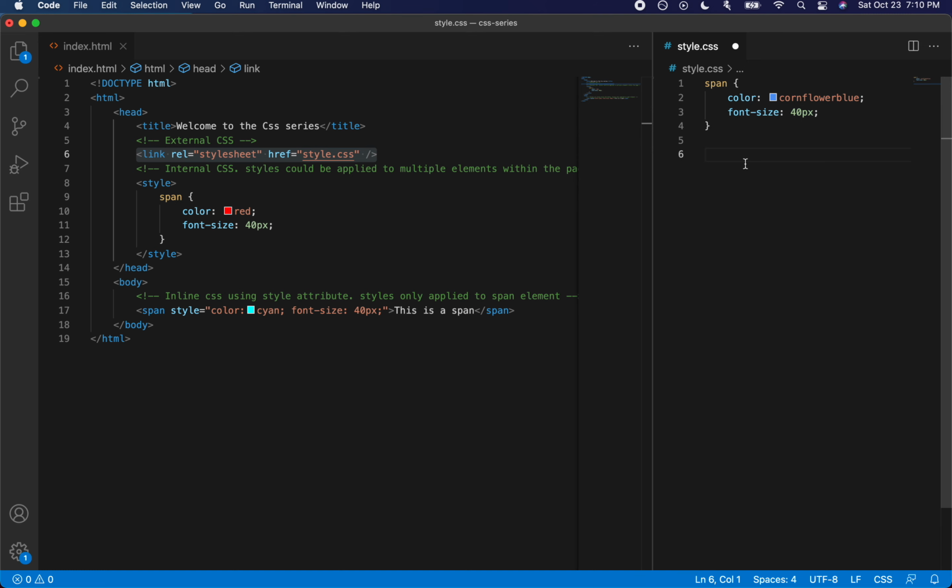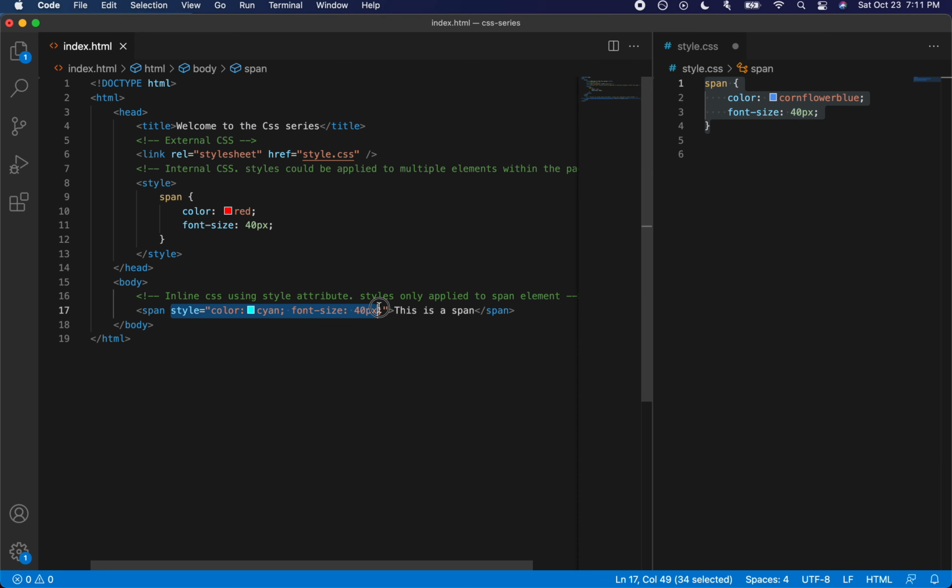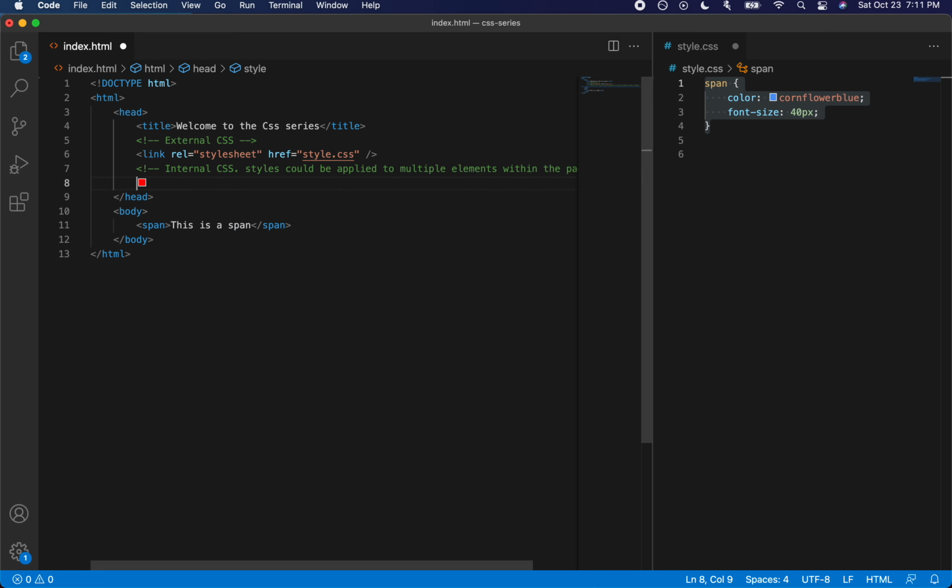So the browser has a set of rules. Based on those rules, it decides what kind of weightage to give to that particular rule. To explain it clearly, let's make use of an example. So the first thing I want to do is get rid of the inline style and the internal style. Since we know that using an external style sheet is considered a best practice, going forward, all of our tutorials will be using an external style sheet instead of writing internal or inline CSS.